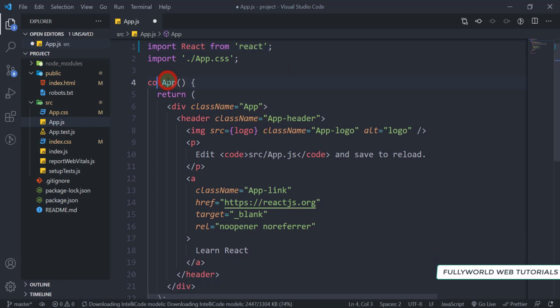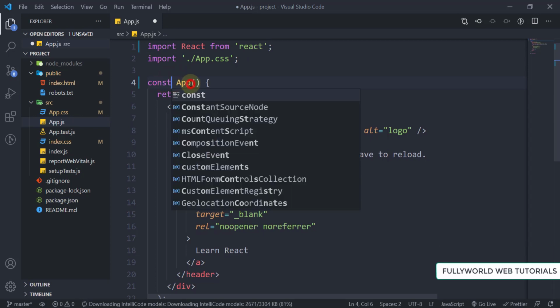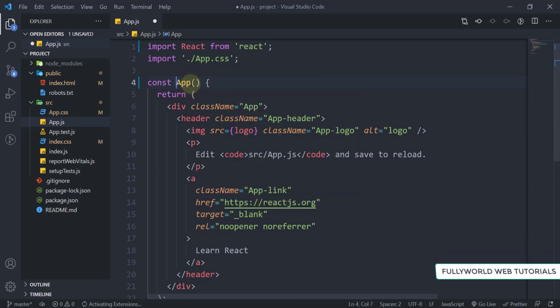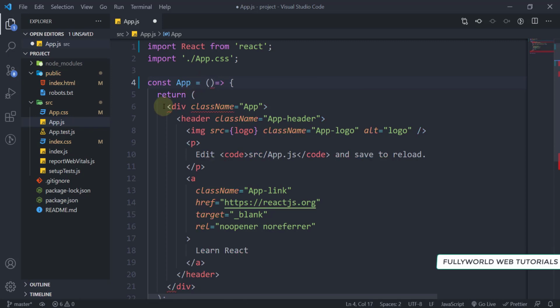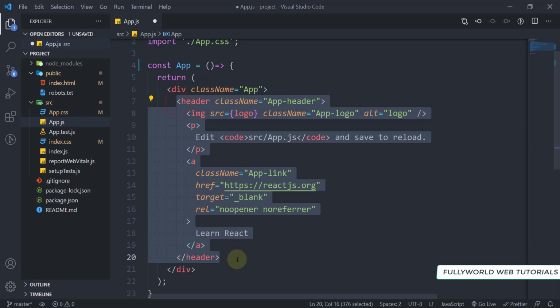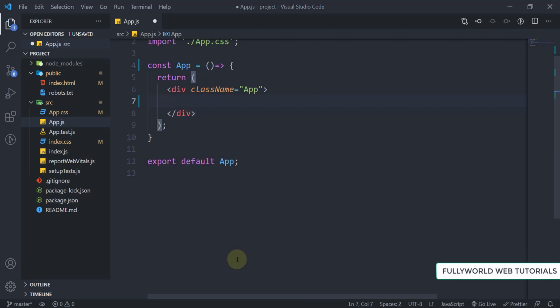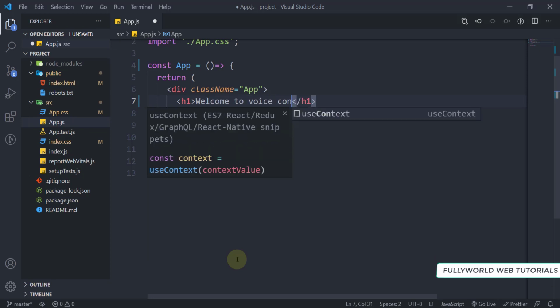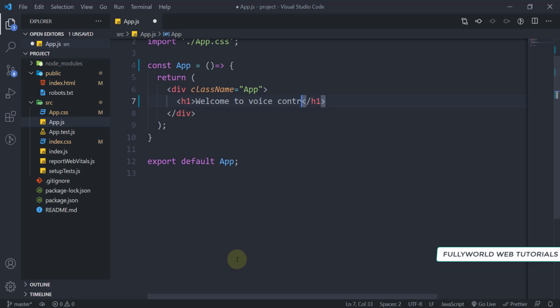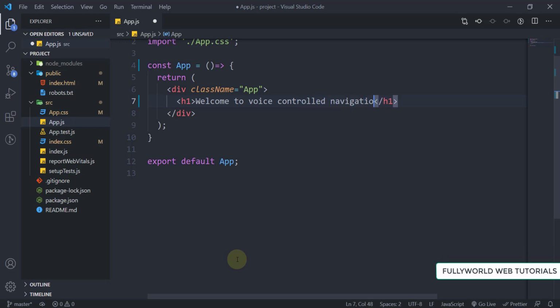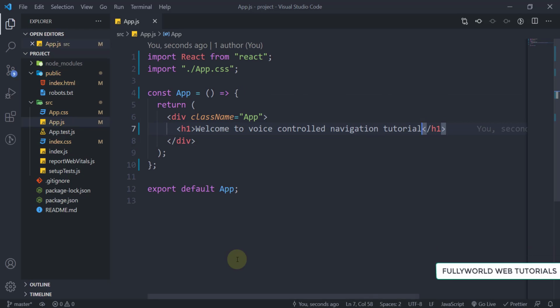Then I'm going to make it a function component, that is an arrow functional component, and I'm going to delete all this header, and here we will simply write an h1 tag, that will be "Welcome to voice control navigation tutorial". Save it successfully. Now we have cleaned our app successfully.